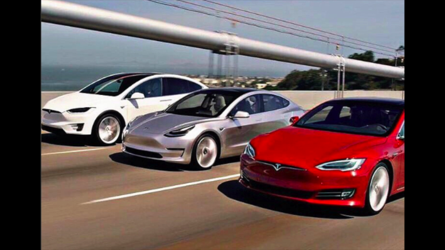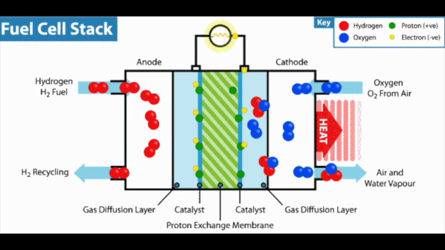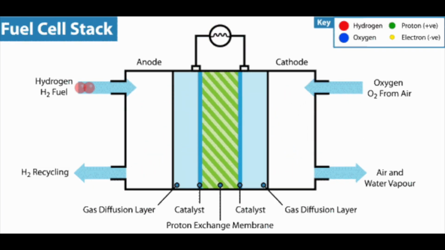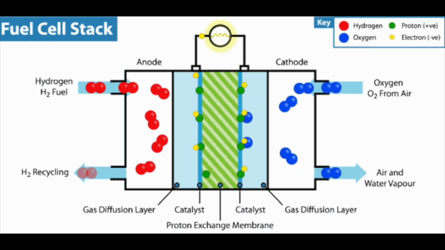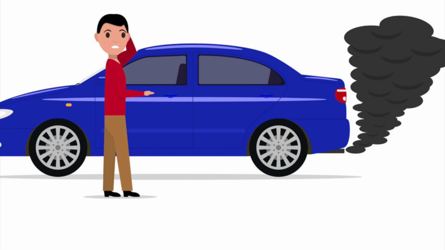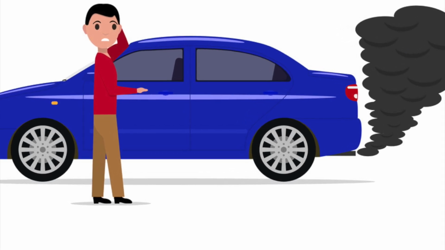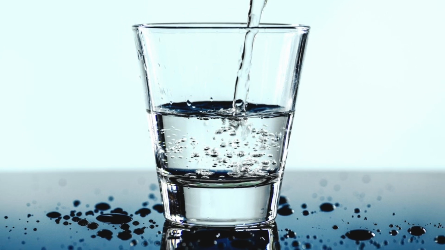While electric cars are far more environmentally friendly than typical combustion engine cars, the fuel source of the future is, believe it or not, hydrogen. You guessed it, in hydrogen fuel cell powered cars, hydrogen is used as the fuel source. What's so great about this is that instead of emitting carbon dioxide, a dangerous greenhouse gas, as exhaust, hydrogen fuel cell cars emit the same old liquid you drink every single day: water.